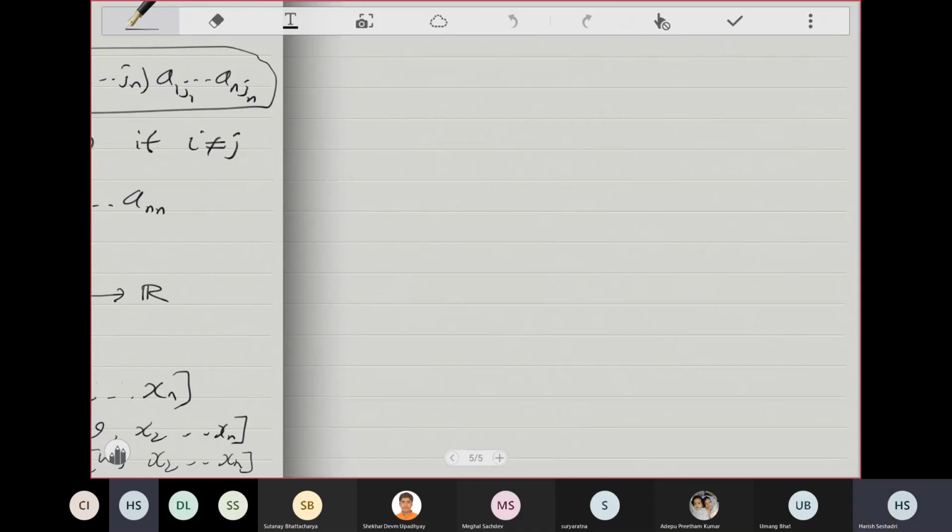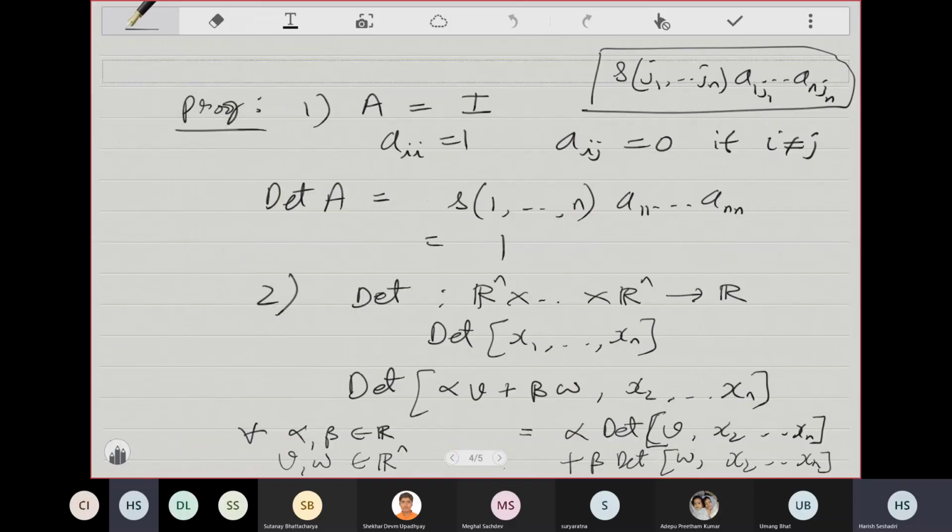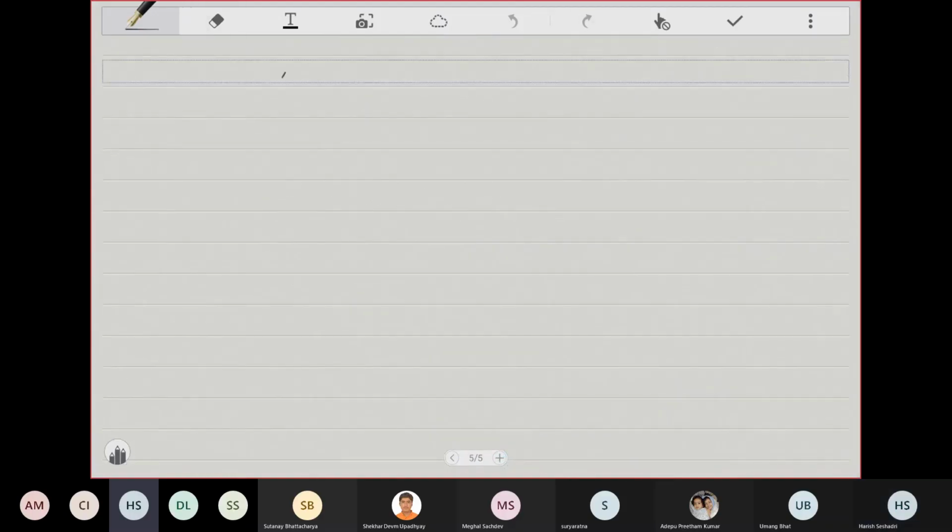So let's prove this. Well, first of all, linearity involves two things. One is that scalar multiplication can be brought out. The other one is vector addition. So the scalar multiplication part is clear. So clear that determinant of alpha A